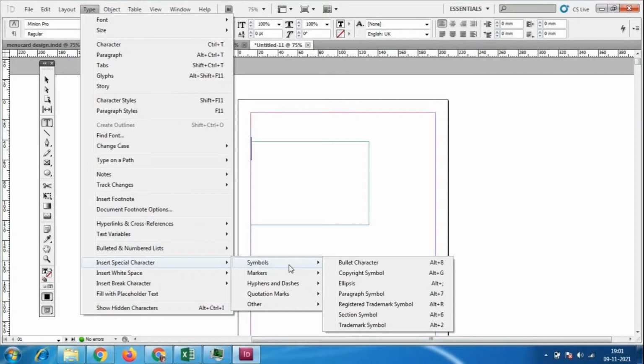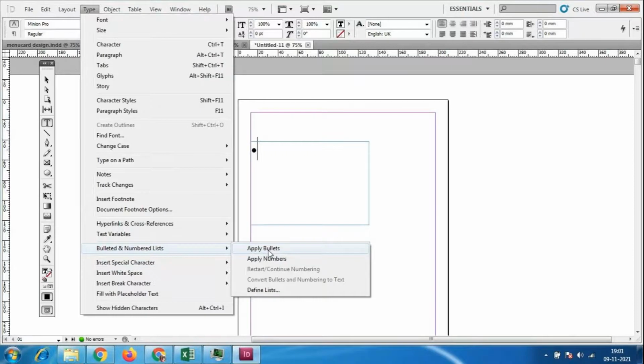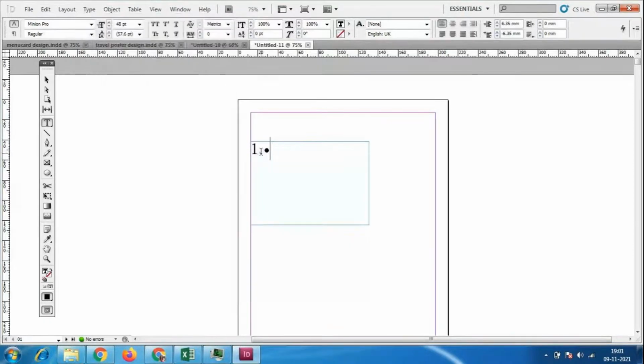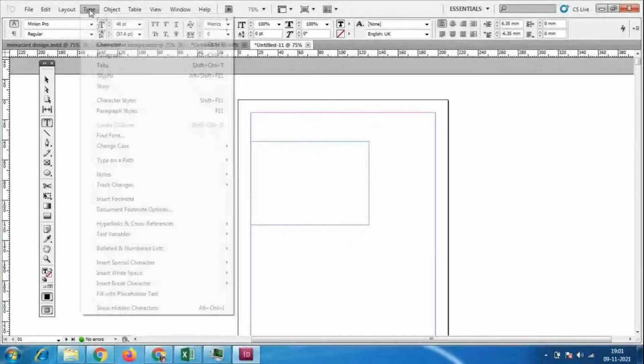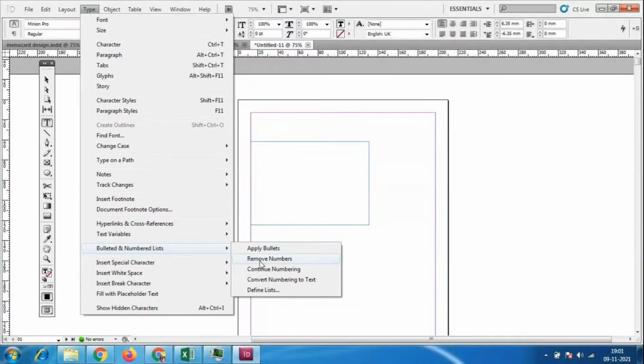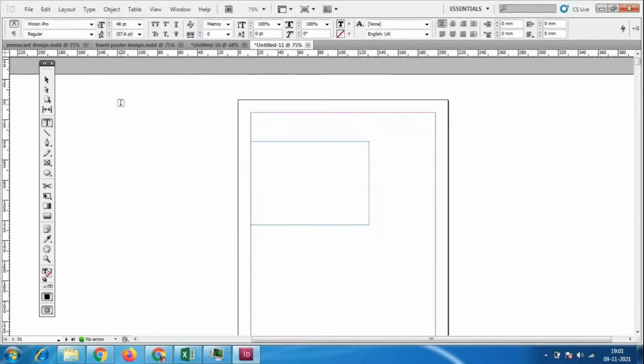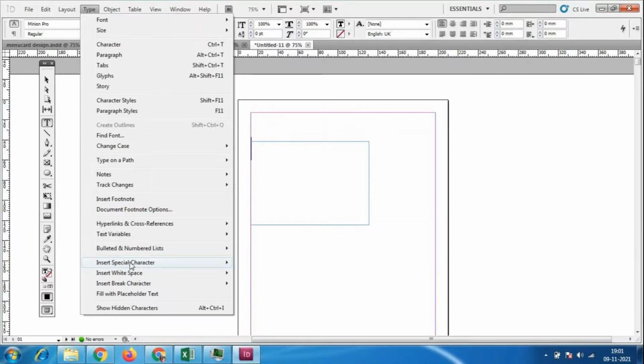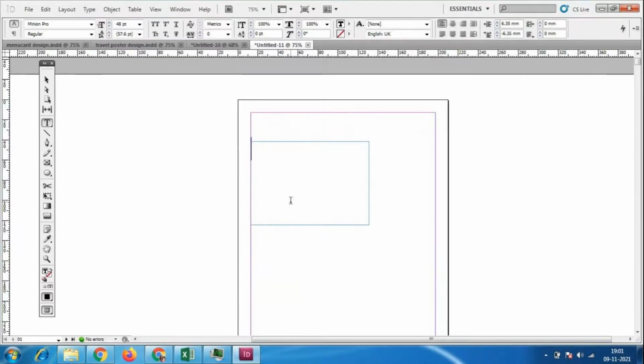And we'll go to type, and bullets and numbering, apply bullets or apply numbers. Even for this we don't have multiple options. Okay, here type, and the bullets and numberings, remove numbers, and go to type, bullets and numbering, apply numbers, and I'll use number.